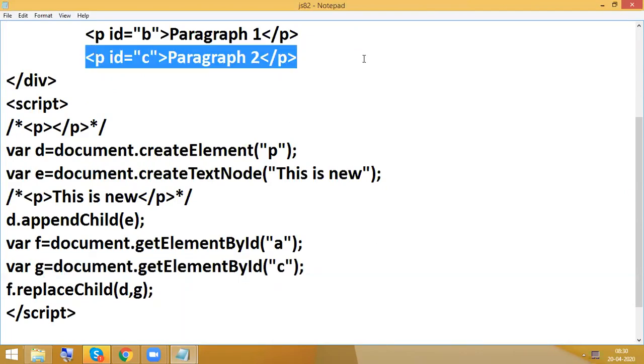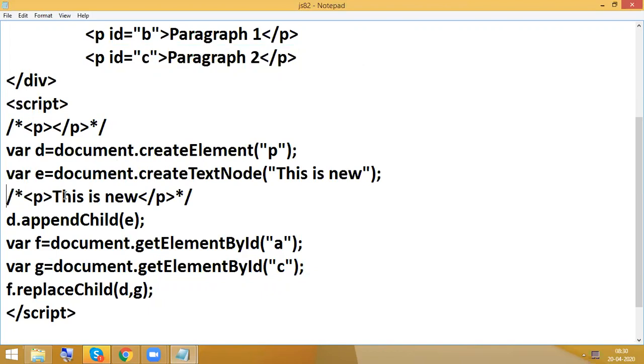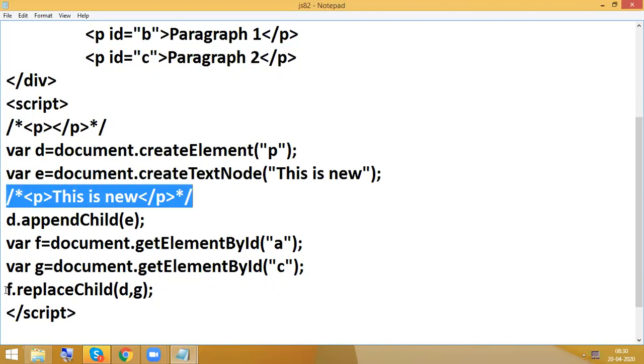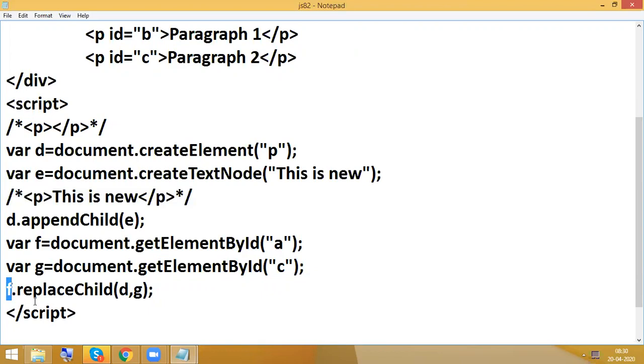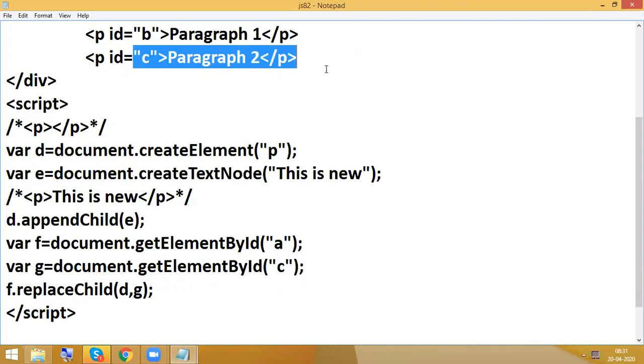I'm going to replace paragraph 2 with a newly created element, this is new. Inside the div, I am trying to replace the child element. So I am trying to replace D, the newly created paragraph, with G, get element by ID C. So we are trying to replace paragraph 2 with this is new.